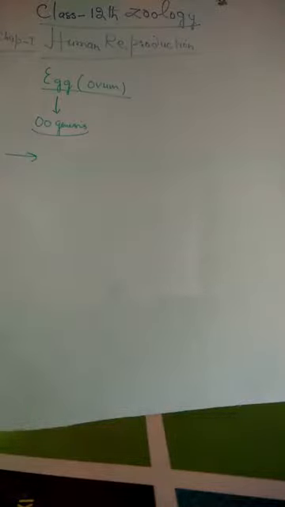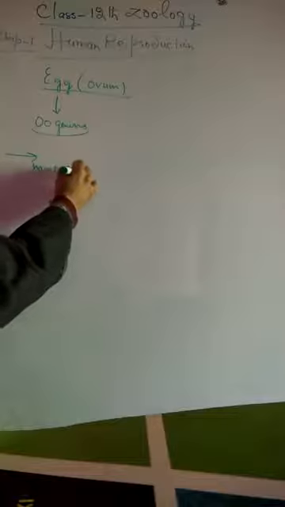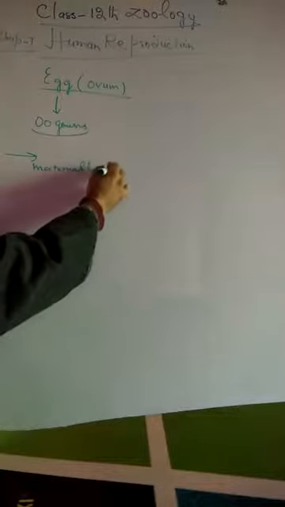Simply, the ovum or the egg can be defined as a maternal haploid gamete. This maternal haploid gamete is 1n, that is, it contains half the number of chromosomes as present in the parental cells, and is primarily concerned with receiving the sperm and is determined to develop into a fully developed multicellular organism